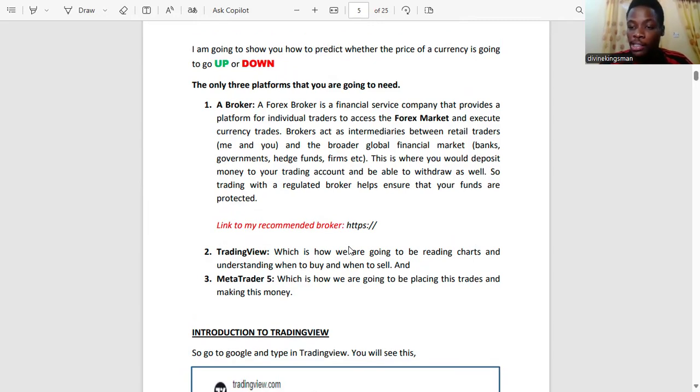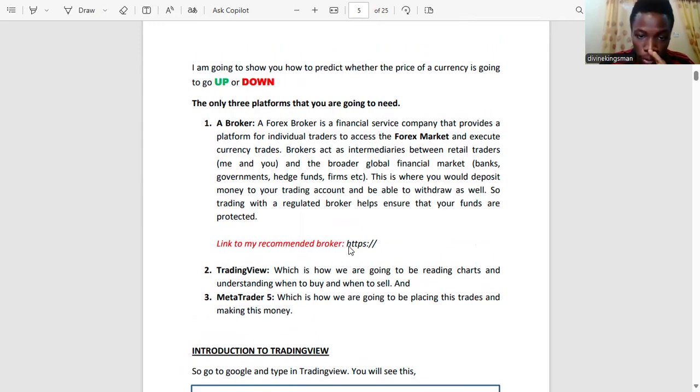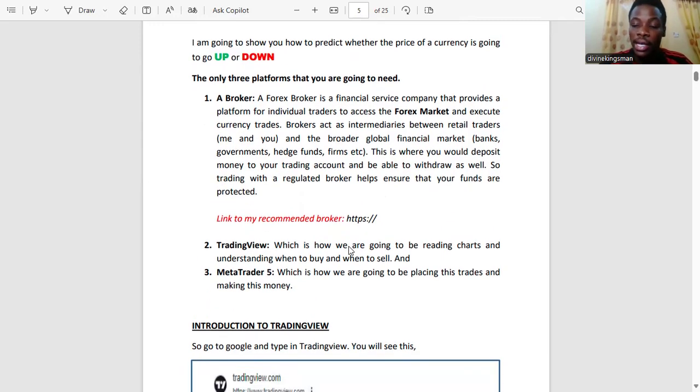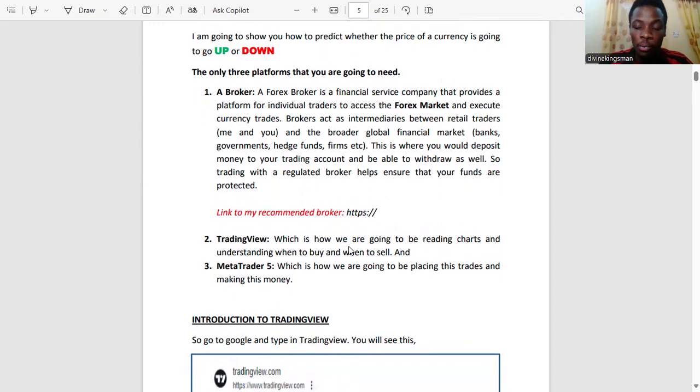So this broker is where you will deposit your money to your trading account, and you'll be able to withdraw as well. So trading with a regulated broker helps you ensure that your funds are protected. We are going to go deep on this later on, but just to explain this,